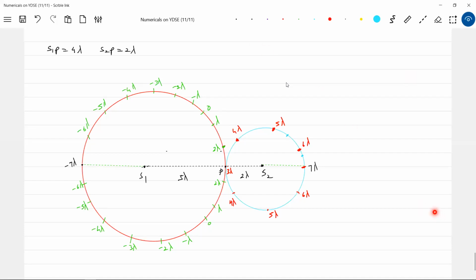These are the very tricky questions. We don't know what applications we are using, but definitely students will be pushed to think in this way. So 7 lambda, minus 7 lambda, and thinking about this 3 lambda is very important. So why plus 7 and minus 7 is very important. If I take wave 1 as reference, wave 1 will cover more path at this point compared to wave 2. Then at this particular point, wave 2 will cover more path. So it should be minus 7 lambda, not plus 7 lambda. Able to analyze this condition?